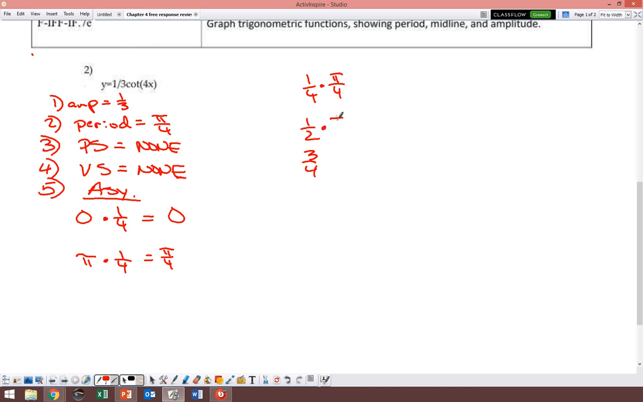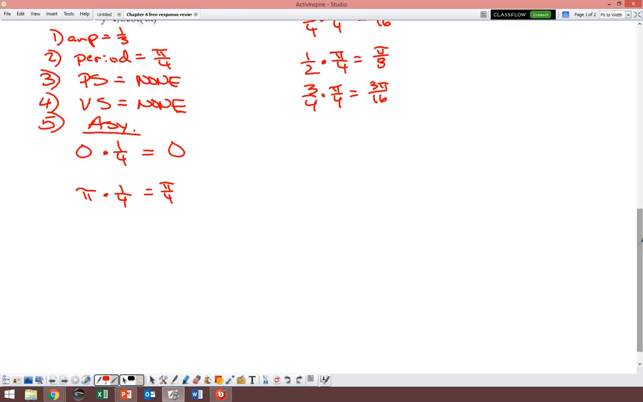The heck is going on? What's going on here? Which is going to give me, and there we go. So my graph for this one right here. So I have a graph, so there's my x-axis, and then I have,